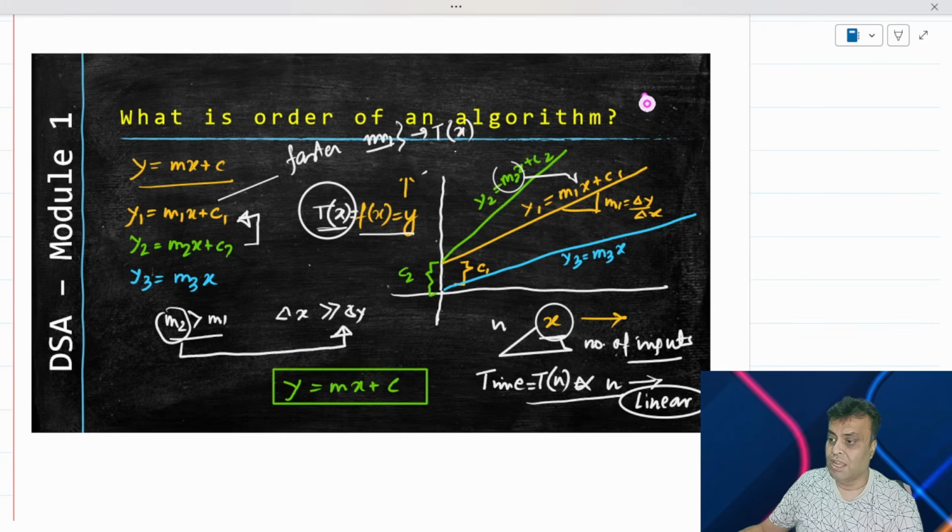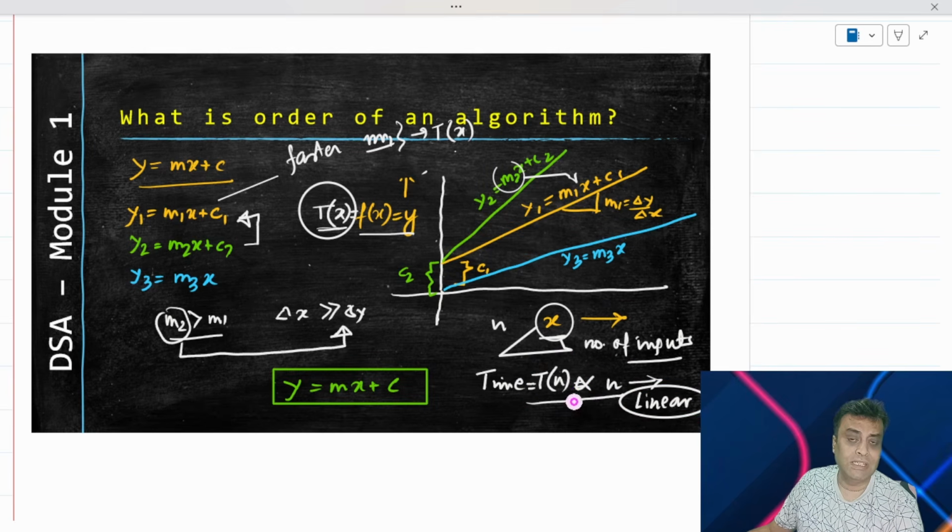I am not saying that it will go like this in a parabolic manner. Here also this particular curve is increasing. Here also we are increasing n, and hence y is increasing, right? Here also we are increasing n, tn is increasing. But is it increasing in a linear manner? No, it's a curved parabola, right? So this is a representation of probably a quadratic polynomial, but we are talking of a linear polynomial here as far as this particular slide is concerned. Hence, we are talking about a linear manner of increase of time as and when the number of inputs increases.